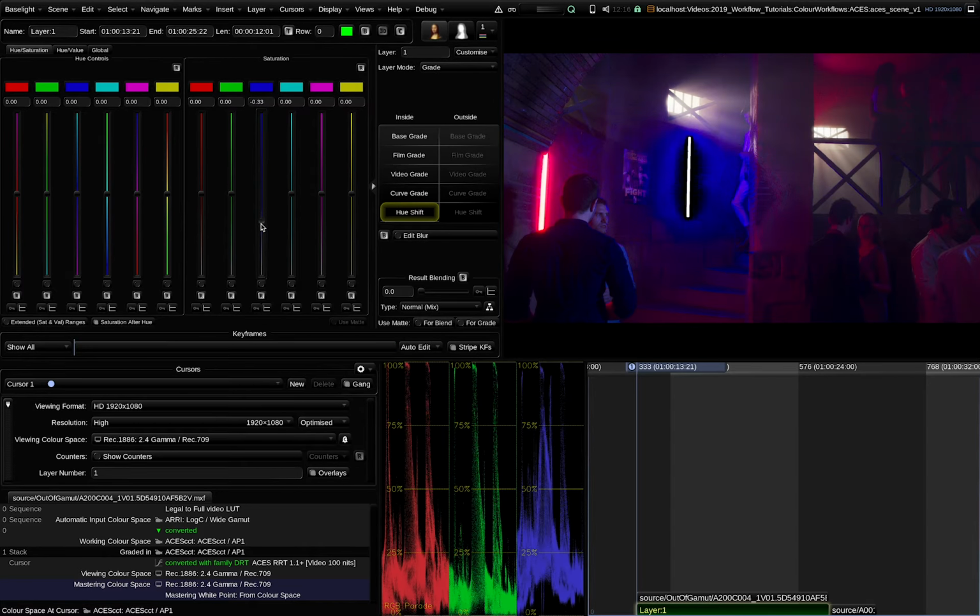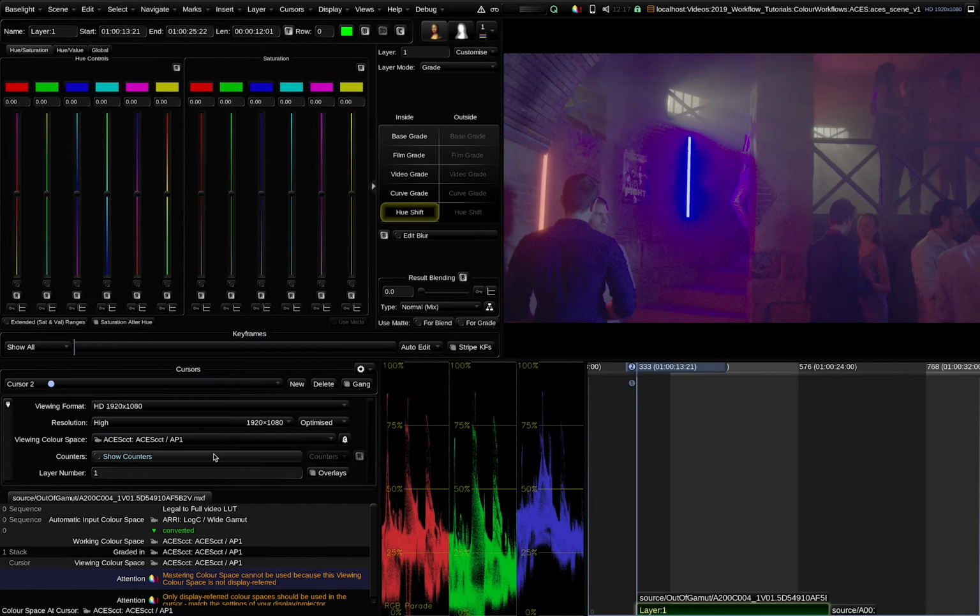What is happening here? Let's create a new cursor that I will set to the working color space. An important note, never use a cursor like this for the real color grading. We only do this now to examine the pixels in more detail. We can see that the code values down here are going into the negative ranges for the red and the green channel. The same can be witnessed here in the RGB parade, that the red and the green channel are clipping in the blacks for these code values.